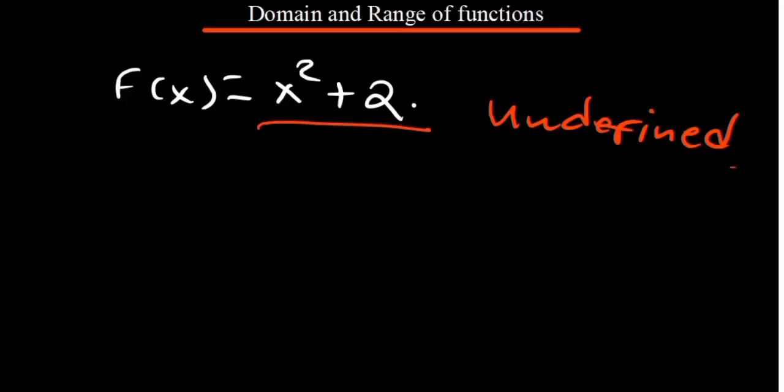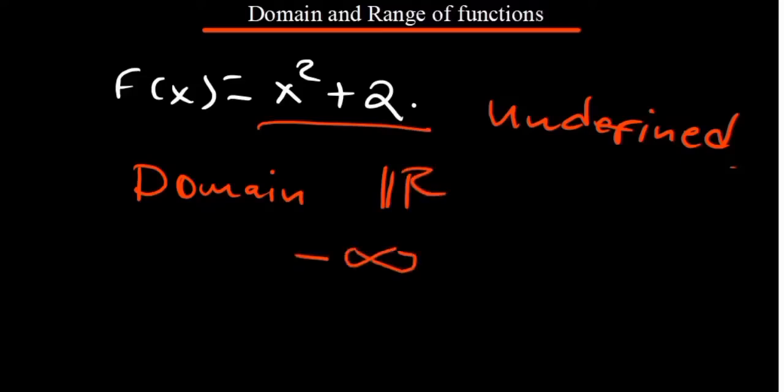So the domain is actually, we're trying to determine the x values that are going to make this function defined. Okay, so in this case, we don't have any limitations. Any value of x, whether negative or positive, can still give us a result. So therefore, we can say our domain in this case can be the set of all real numbers, okay, which you can represent as